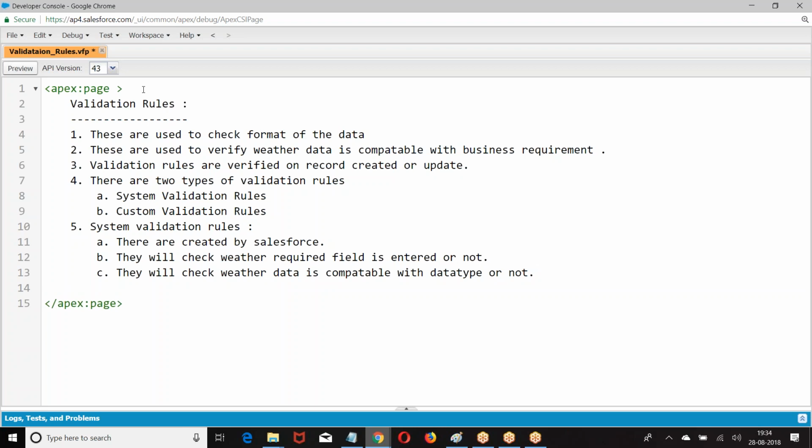They will check whether a required field is entered or not. They will check whether data is compatible with the data type or not.